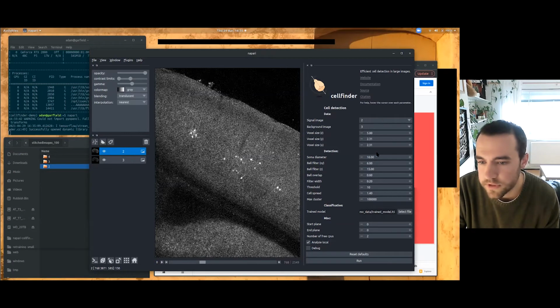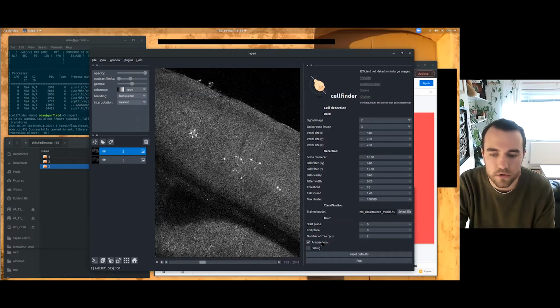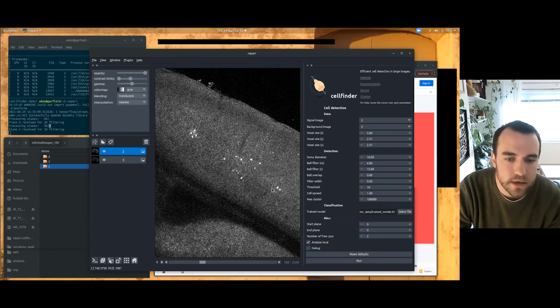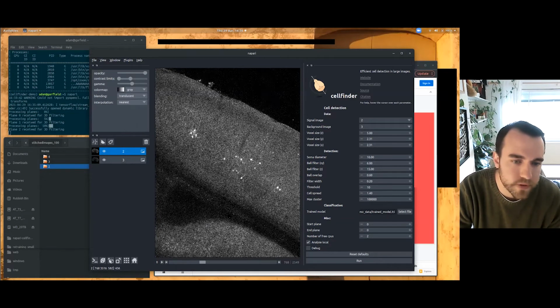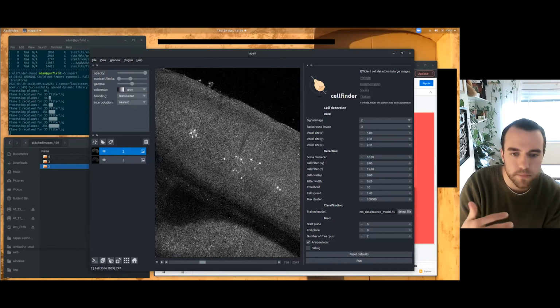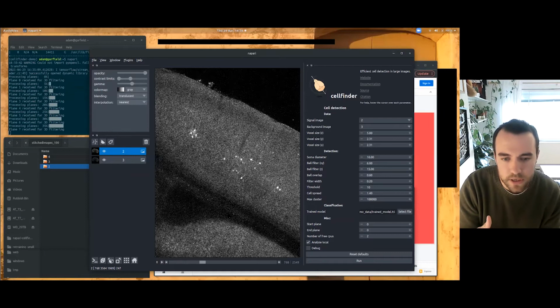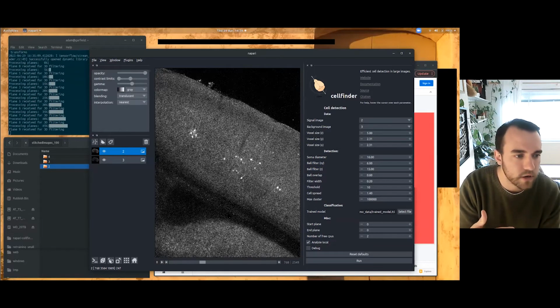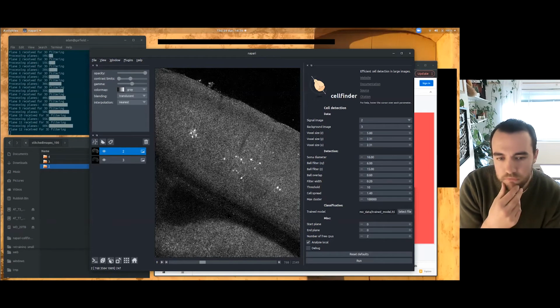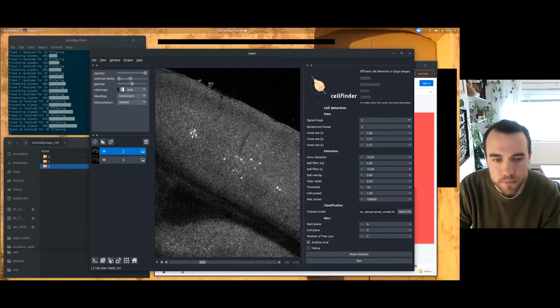So the voxel size is already set. There's various parameters, most of which don't need to be set. And then I'm going to run this, but I'm just going to run it on this button here. Just runs it on kind of the planes that are local to where you are. So the cell detection algorithm runs in 3D, and it uses the planes kind of in front of or behind the one you're looking at to analyze. So this is just going to run it on, I don't know, I think about 30 or 40 planes in this image, rather than running on the whole data set, because we'd be here for about an hour.